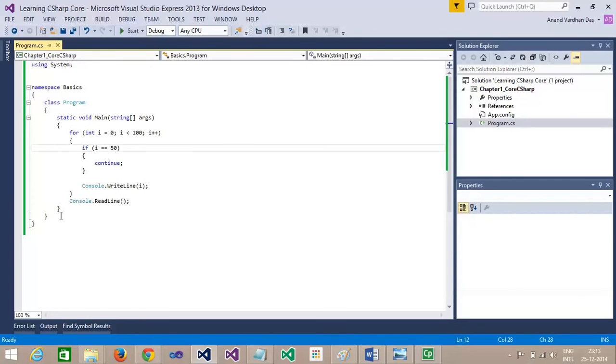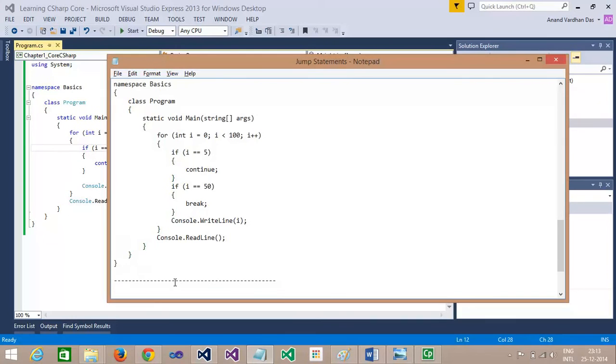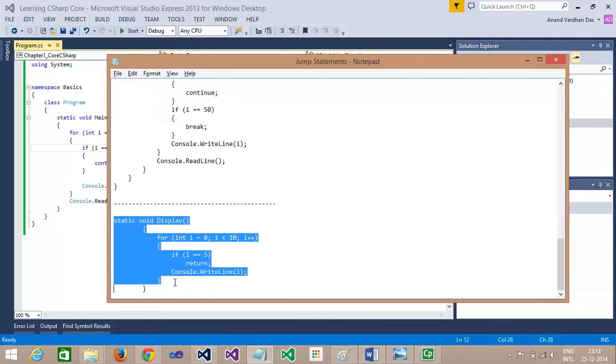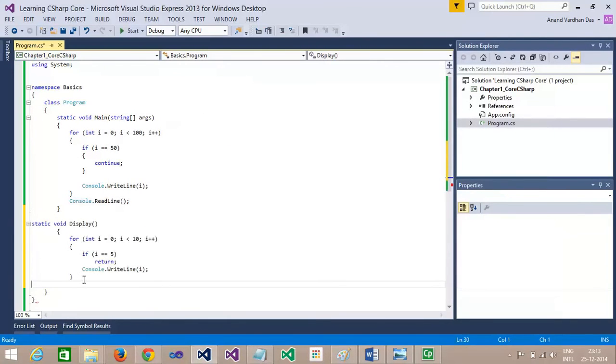Suppose I have written a code already, so that it won't take much time. I have a function called static void display. It simply prints from i equals 0 to 9, and if the value of i comes as 5, then I am writing return.